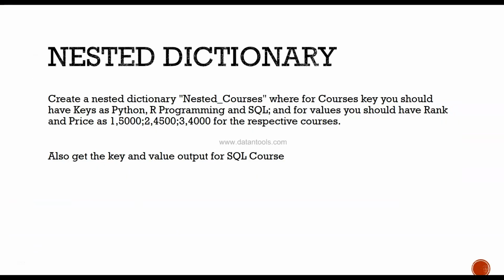Nested dictionary. Create a nested dictionary, nested courses, where for the courses key you should have keys as Python, R programming and SQL, and for values you should have two values, one is rank, another one is price. So for Python the rank is 1 and the price is 5000. Similarly for R programming the rank is 2 and the price is 5000, and so on and so forth for the third one. Once you are done with this, you also need to get the key and value output for the